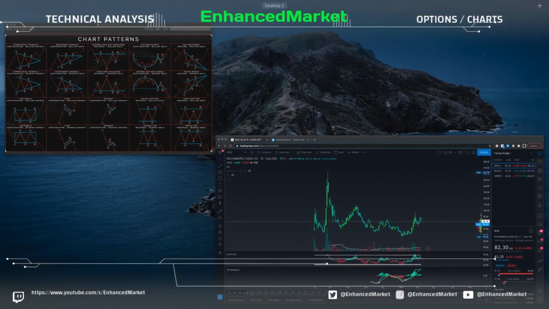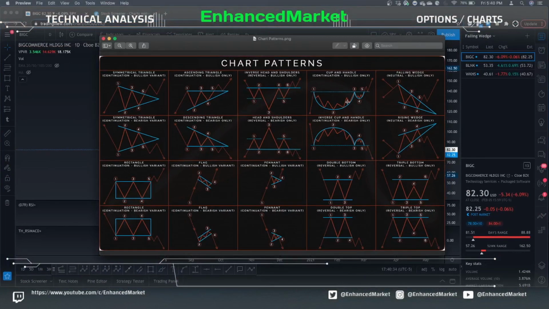So what is a falling wedge? I pulled up this chart pattern sheet, very helpful tool. If you don't have this, you can either take a screenshot of the screen, or I have it in the